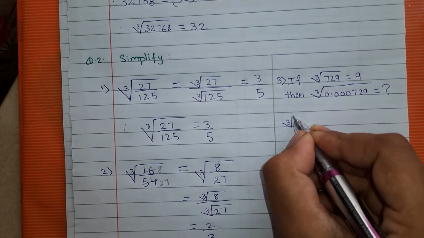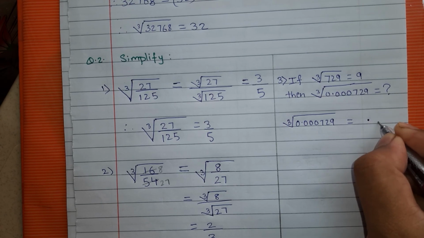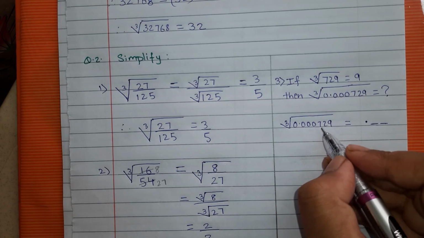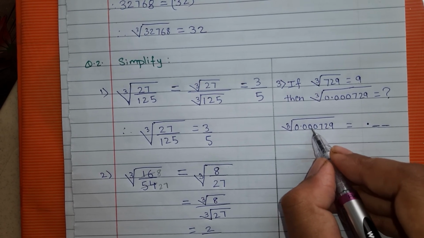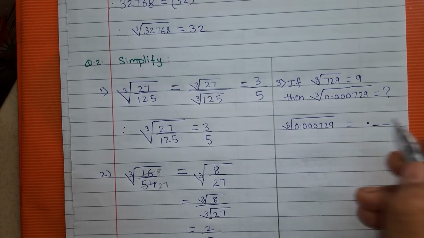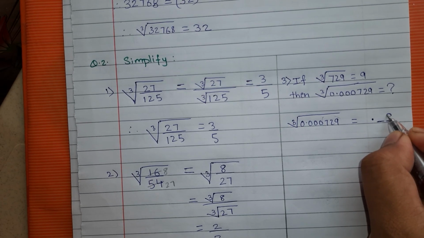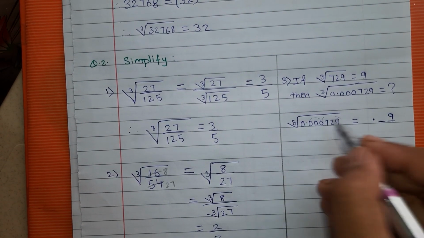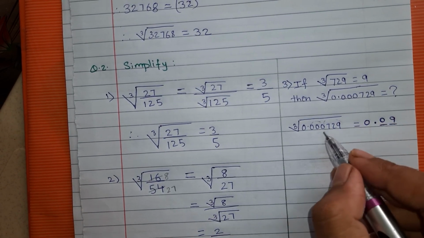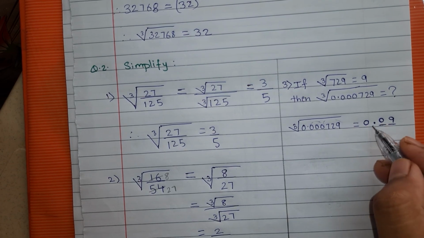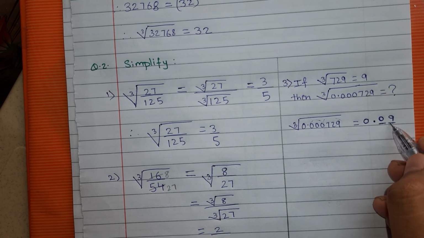So whatever its cube root will be, first we will write the question. How many digits will there be after the decimal point in its cube root? Only 2. Okay, because if there are 2 here, then 2 times 3 is 6, so the number will have 6. So when there are 6 digits after the decimal point, then its cube root has only 2. The cube root of 729 is 9, meaning one digit, 9. And the cube root of 3 zeros will be 1 zero. And this 0 point as it is. So directly you can write the cube root of 0.000729 is 0.09. Understood? If there are 6 decimal places, then in the cube root there will be 2 decimal places.